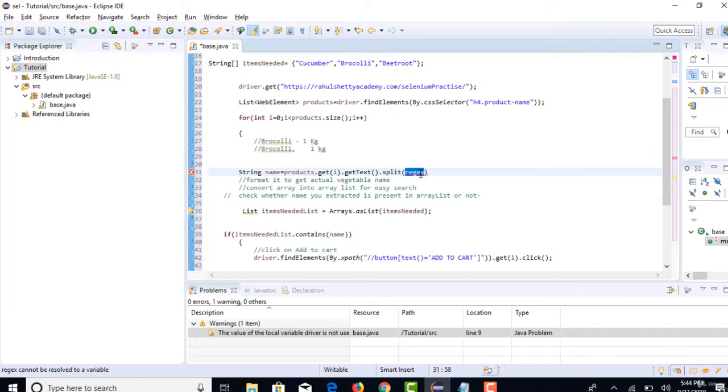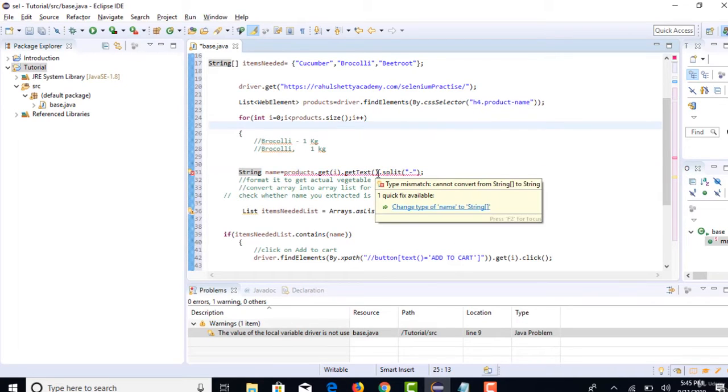Now here I will split based upon the hyphen because all the vegetables have the same format. So if you format it for one name, it will be applied for all the names. Right now you have an error here. Why? Because when you split, what it returns is an array with the left value in the 0th index and the right value in the first index. But the return type you initially told is only a string, not an array. Now treat this as an array so that the error will go.